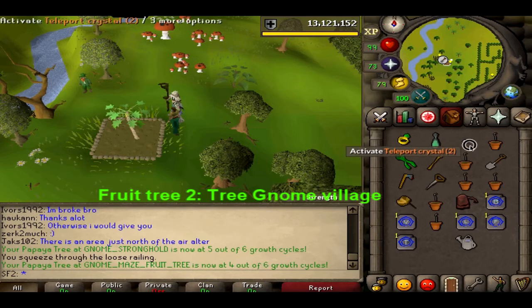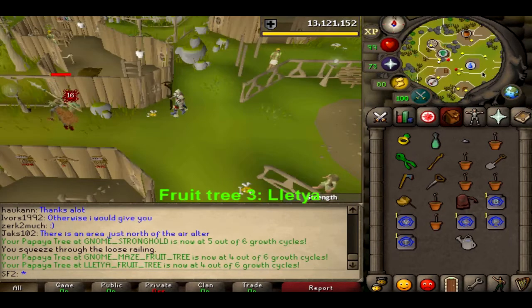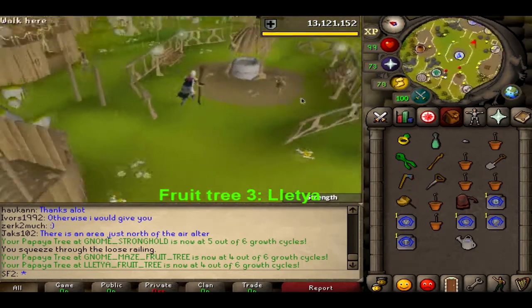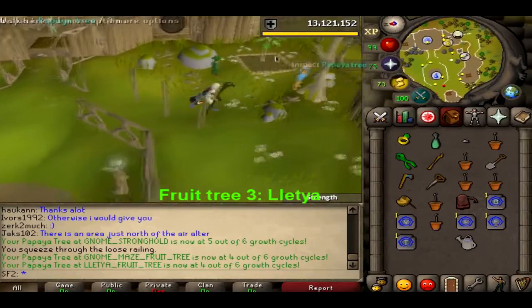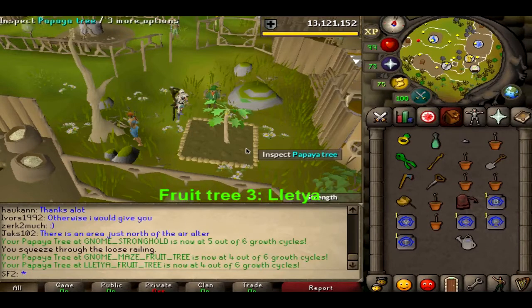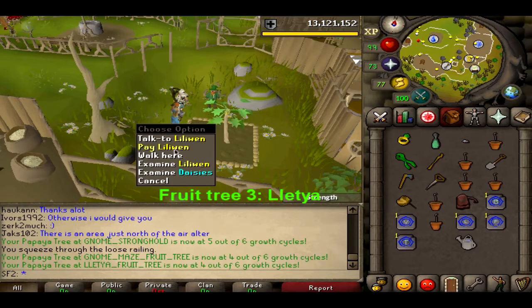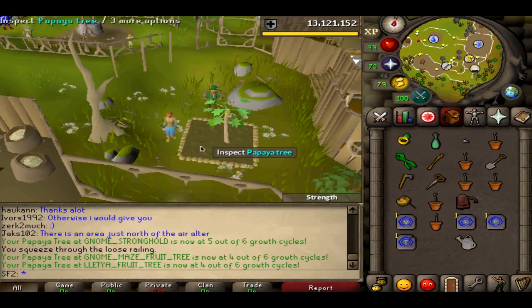The next one I use is a teleport crystal, which gets you straight to the Elf city, and you just run slightly east until you find the other patch, and once again you do the same thing here. So you pick your plants. You need an axe, by the way, that's important. You need an axe to chop it down, or you could pay 200 coins, but really it's quite convenient to just chop it down. But yeah, you can also pay 200 coins to remove it as well. So yeah, that's the third patch, and then I use the Brimhaven teleport